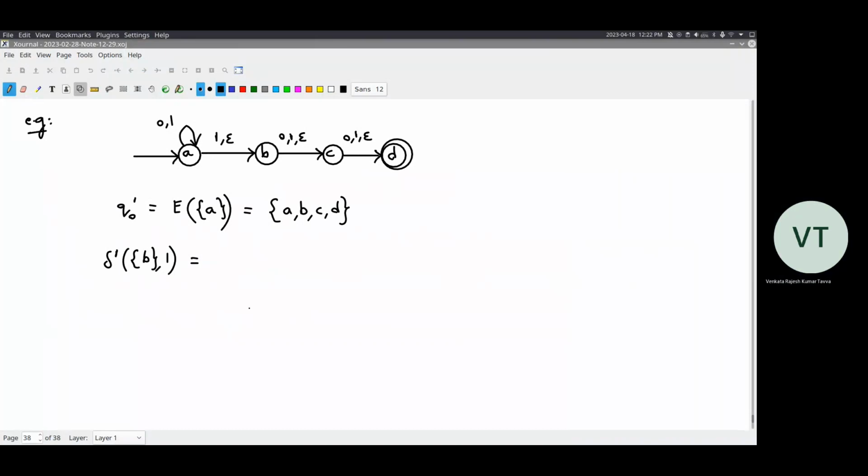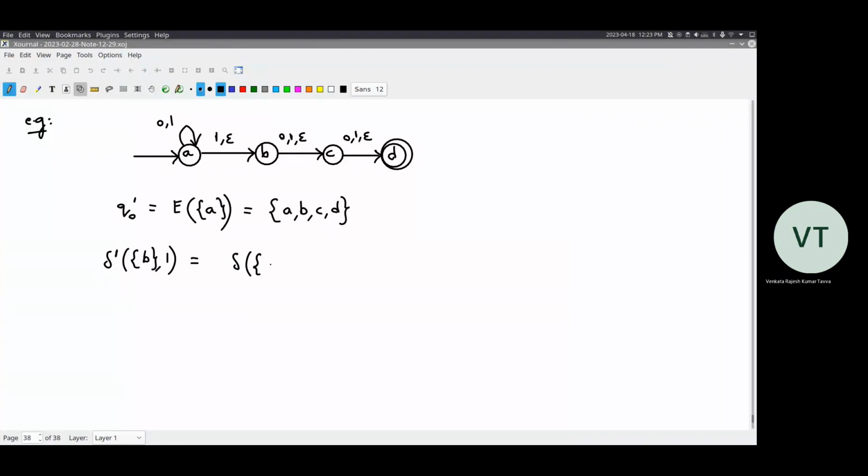C. Only C. That's all. Is it only C or CD? It is CD because it is no more